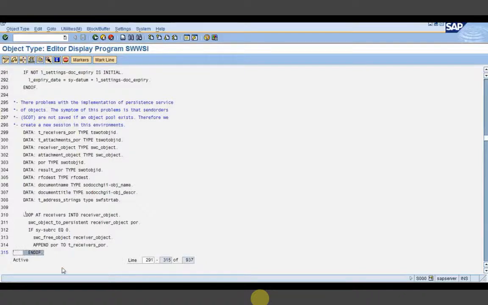Because in companies it is actually scheduled for every second, so you will definitely be receiving the messages in the inbox. You just need to know how it works, and the rest is taken care of by the basis people. Okay, thank you. If you are working in a company and you have access to the workflow system, you can just create one mail step there, and check whether the mail is coming in the inbox of your user ID.